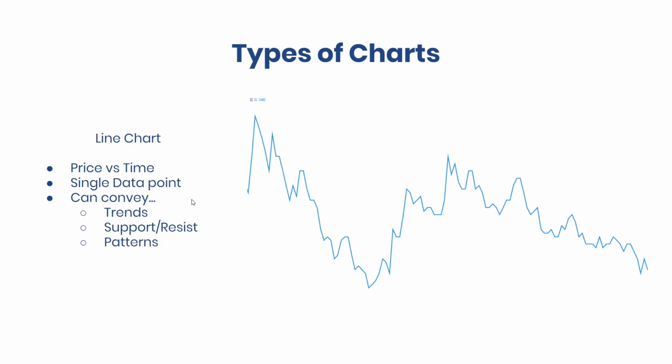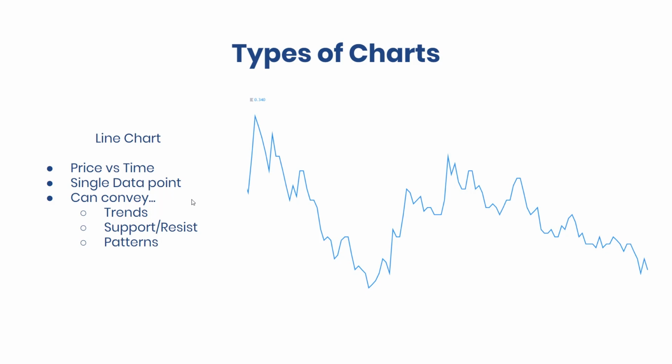So in the last screen, we introduced the concept of a line chart. And a line chart is probably the most common financial chart that you will run into. It represents a single point of price and a single point of time, and the periods can be anything from minutes to hours to months. It doesn't really matter. All we know is we get a single line representative of a price at a certain